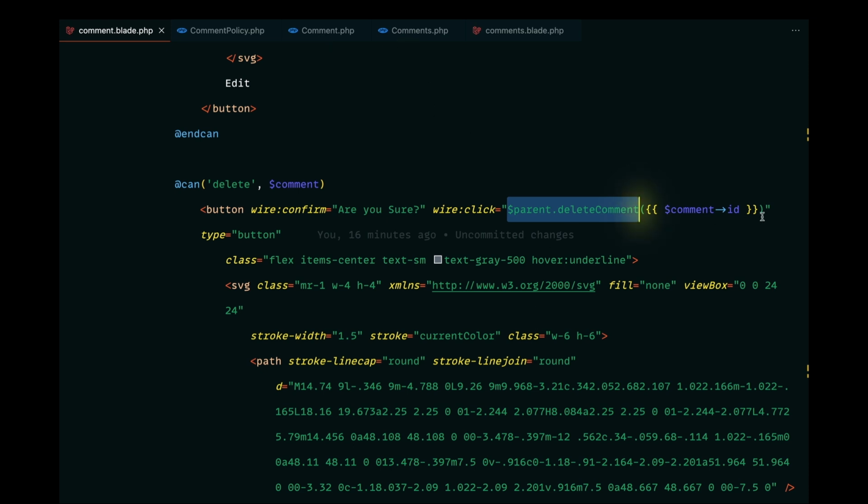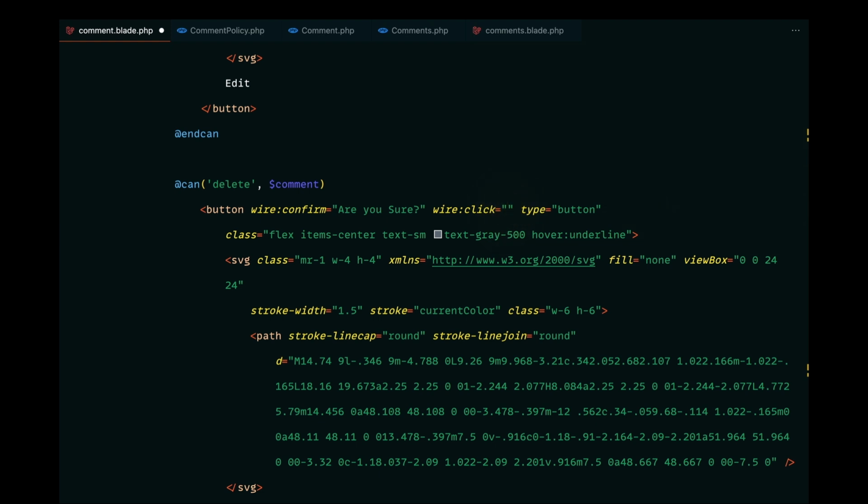So let's go ahead and dispatch an event in here, and we can just use the dispatch magic helper provided by Livewire, and we want to dispatch a delete comment event, and along with this event we are going to pass in a parameter that is the actual comment that we want to delete,